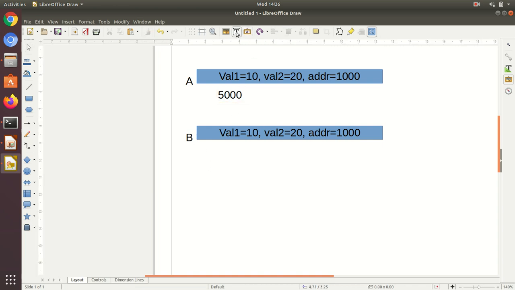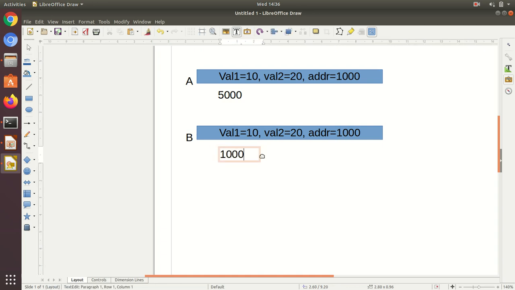Let's say B is stored at the location 10,000. But B is a copy of A, so all copying is done bitwise. Value 1 will become 10, value 2 will become 20, and the address part also becomes exactly 1000. Sorry, 1000. Till then it looks good.